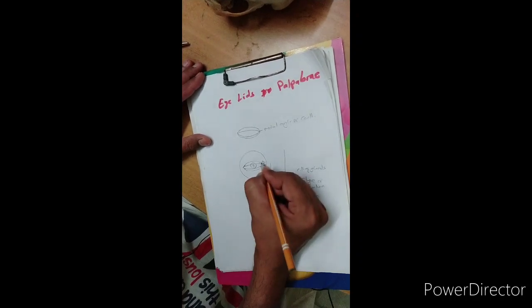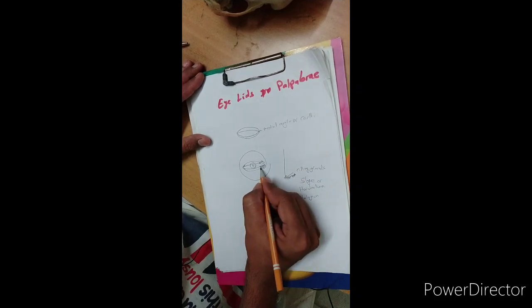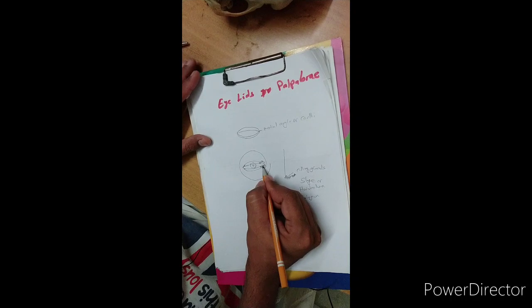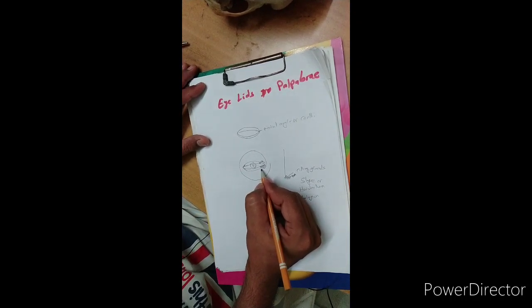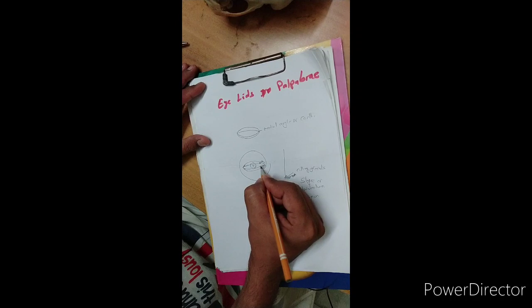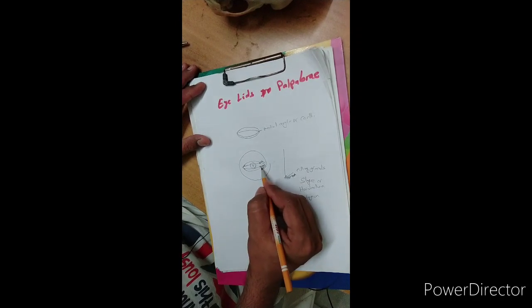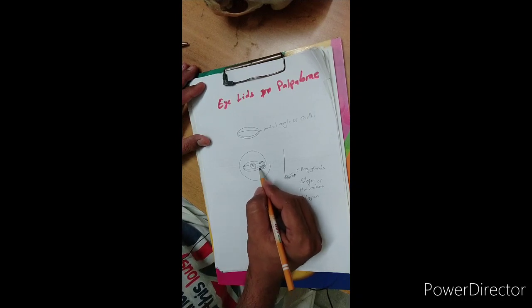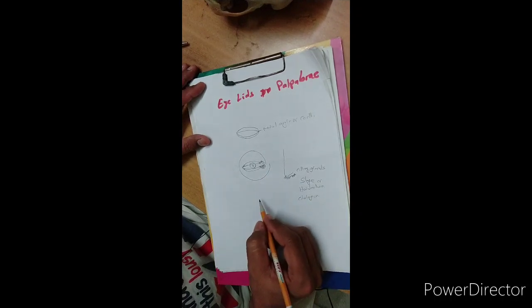Okay, here we will draw the diagram in detail. So the lacrimal punctum opens at the junction of the lateral 5/6 and the medial 1/6 of both eyelids, the upper lid and the lower lid. And this punctum is denoted by the papilla. Okay, here is a rounded elevation on the inner side of both lids, that is the papilla, or the lacrimal papilla. Clear? So this is the upper eyelid and the lower eyelid. Clear? If you draw the diagram, look here.